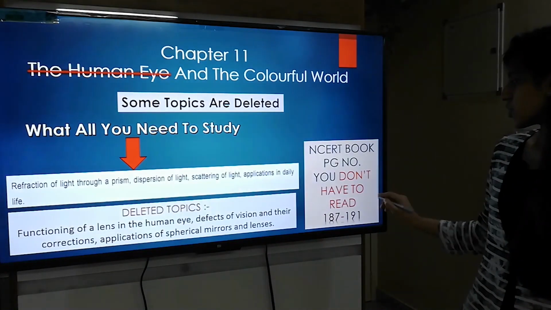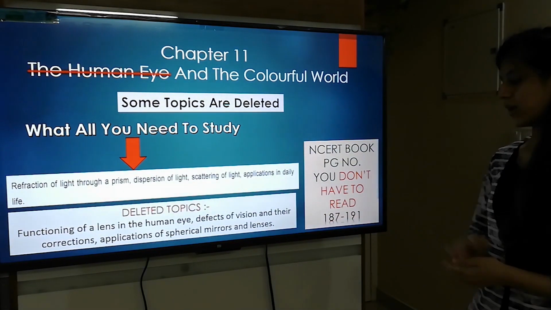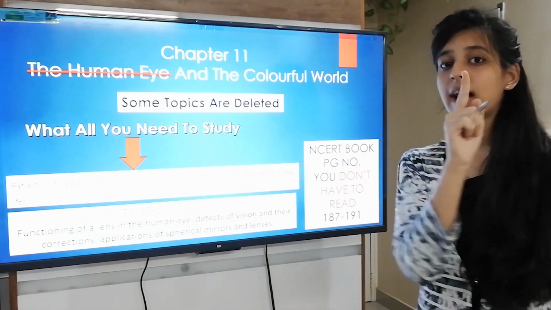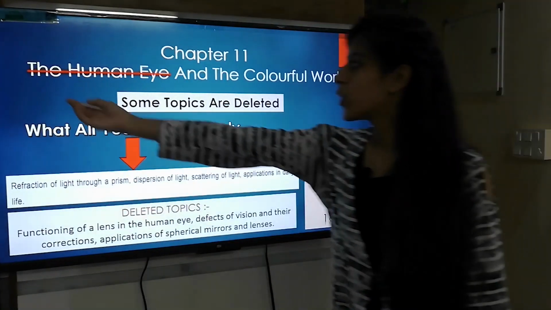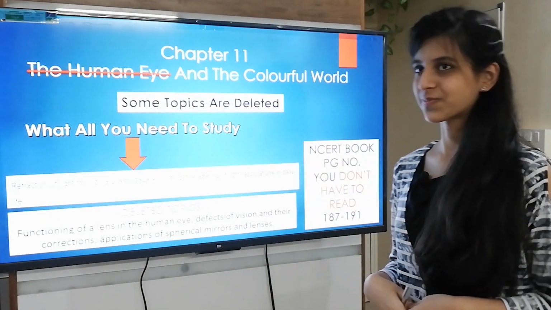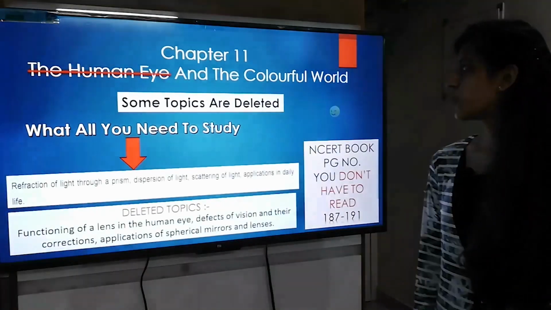The page numbers which you don't have to read, 187 to 191. You are reading the NCERT textbook, I'm telling you, okay? The whole human eye is cancelled. It means the human eye is removed, look at colorful world. Let's move to